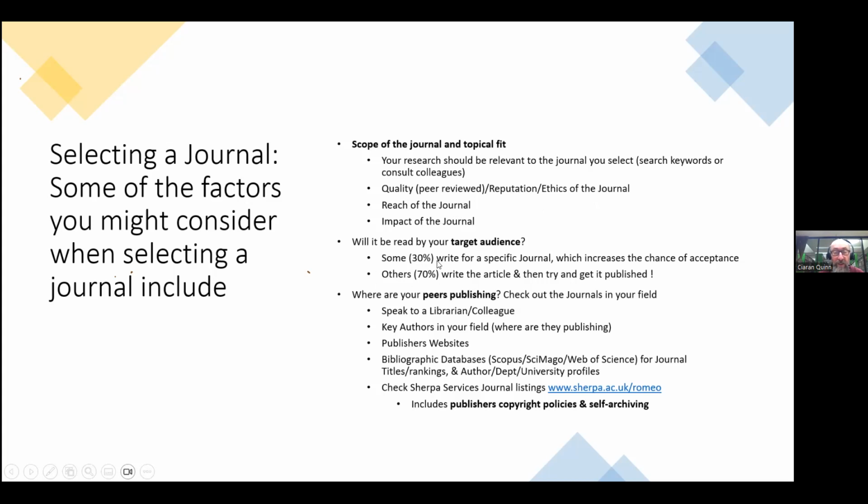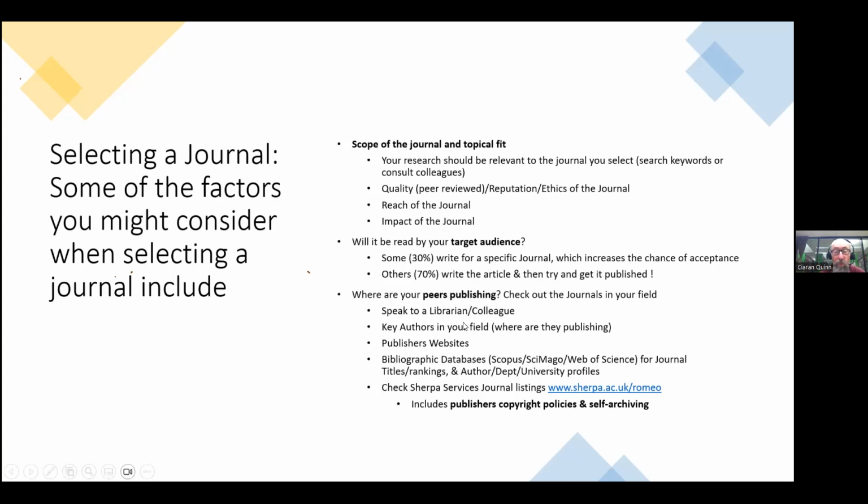And just as a handy tip here, only about 30% of authors will write for a specific journal. And that's actually the way to increase your chance of acceptance. So if you're honing your article towards a particular journal, it's easier to get published than if you just write the article and then try and get it published. So you're kind of trying to find a home for it after you've written it. So a good tip would be to target your journal first before you write the paper. Okay, and then hone it down to the kind of papers they like and hone it down to their audience. And particularly that's the case if you want to get into one of the high impact journals.